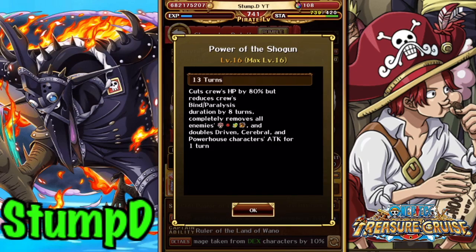He does the 8 turns of bind, and that way we can get around the middle row bind reduction, which goes up to 6 turns. I'm 90% sure it's 6 turns. So it's probably 9, and then down to 6 with sockets. So either way, Orochi can remove all of that, and he can also double our driven, cerebral, and powerhouse characters'